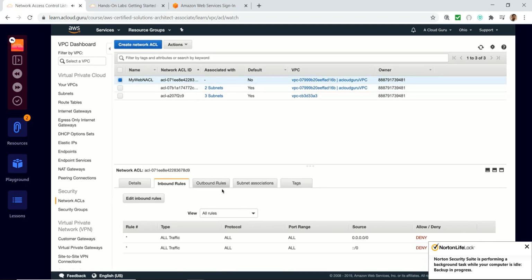If we click in here, you can see automatically the inbound and outbound rules is to deny everything. So we're going to deny everything by default. So remember that whenever you create a new network ACL, you're going to deny everything. Okay, so let's go ahead and test this, and we're going to test this by setting up a web page